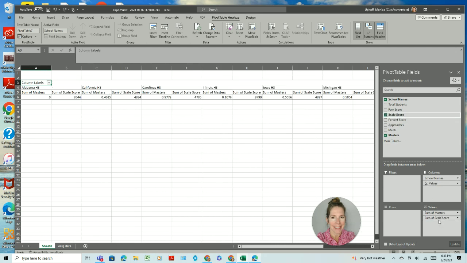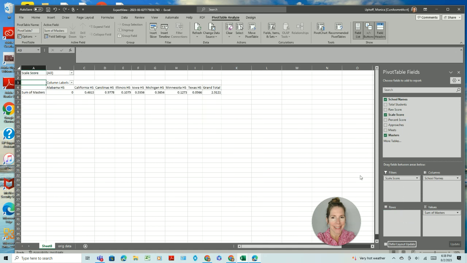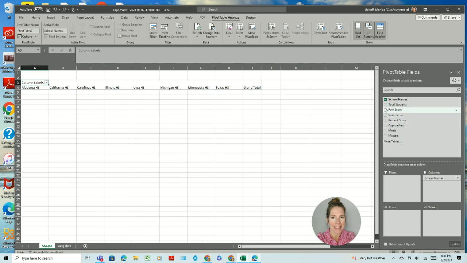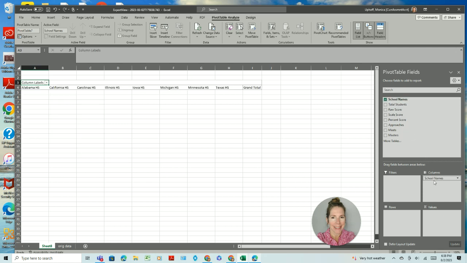if I want scale score, and I'm like, oh, I really didn't want scale score there. Maybe I wanted it in a row. If you want it as a filter, then you can go up here and click on the different scores. If none of this looks good to you, you can simply move it back, or you can uncheck it and start over. So if you want school names for columns,